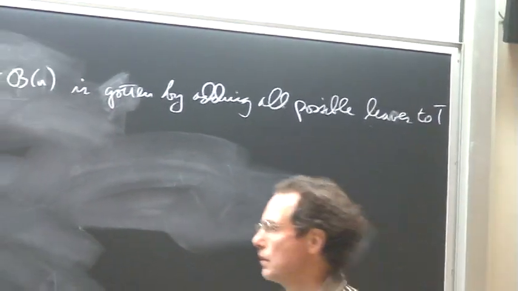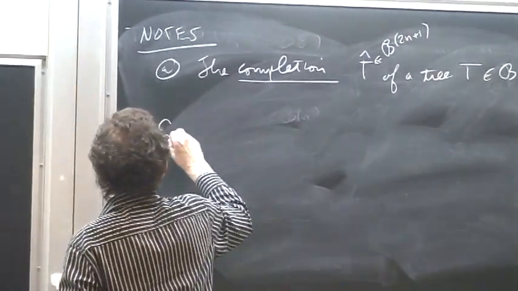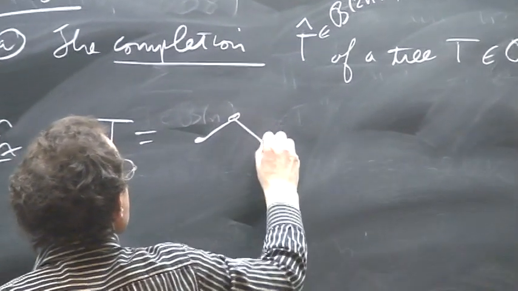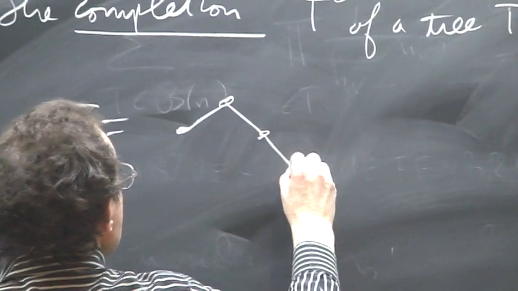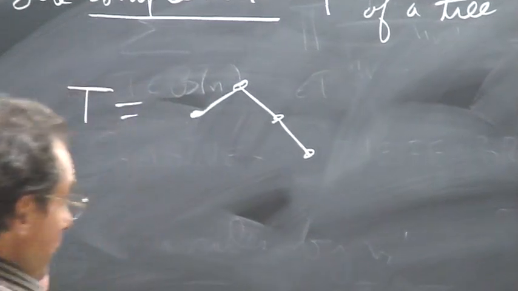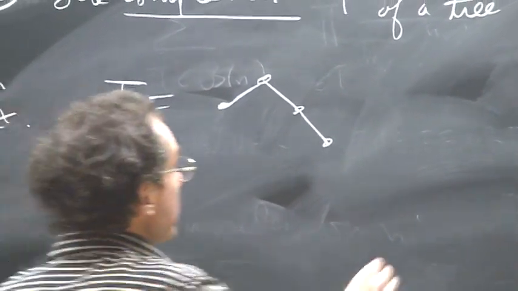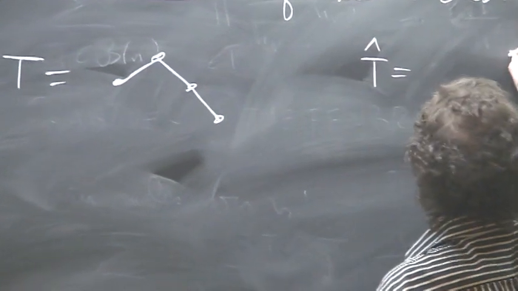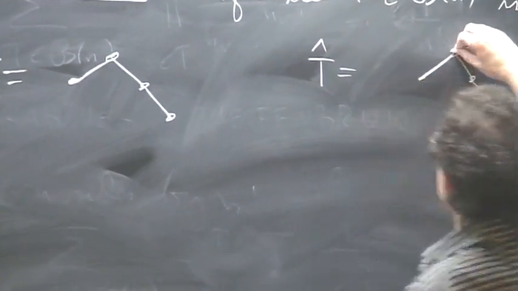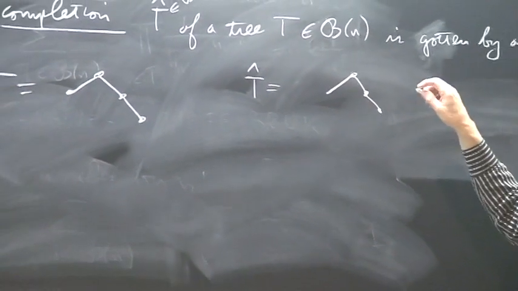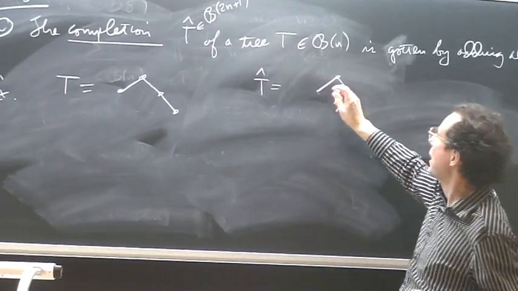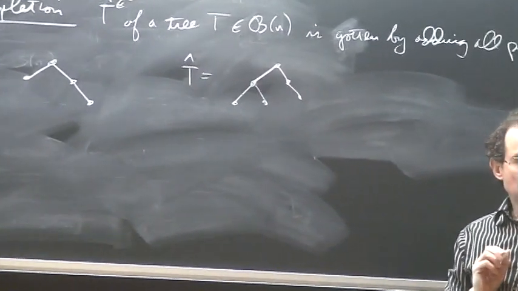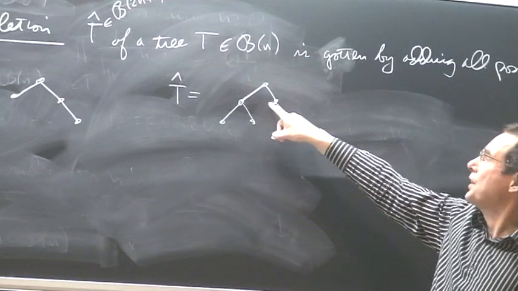So for example, suppose I start with this tree. What would its completion look like? Well, this vertex already has both of its children, so I can't add any leaves here. Here, however, I don't have any children, so I can add both possible leaves. Here, I have one child but not the other, so I can